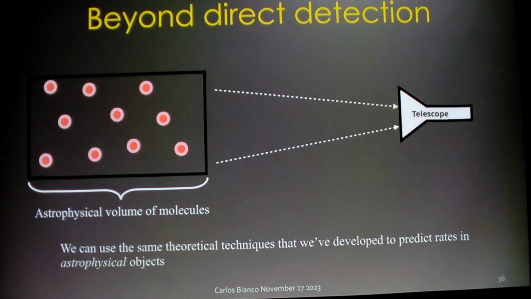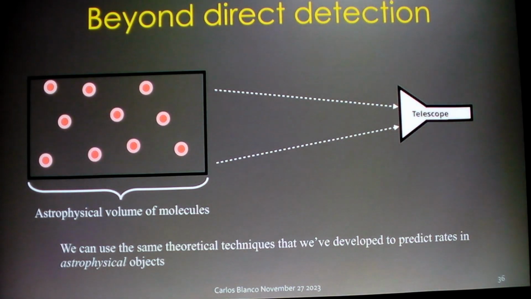Okay, I think I have 5 more minutes. I'll tell you about going beyond direct detection with these techniques. So I've mostly just told you about what happens if you stare long enough at chromophores in laboratories. And these chromophores are just batches of molecules. But it turns out you can do this in space to do what's called indirect detection of dark matter.